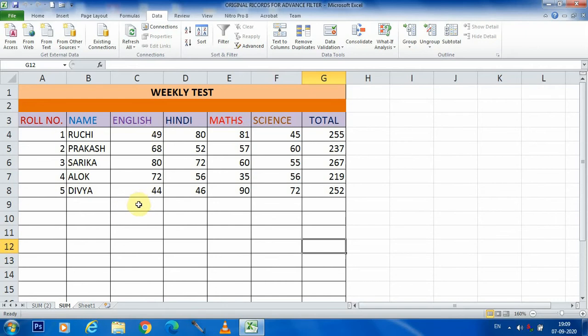Students, here I have to add 5 more records. That means I will add 5 more students' records here, and I have to give the numbers also.